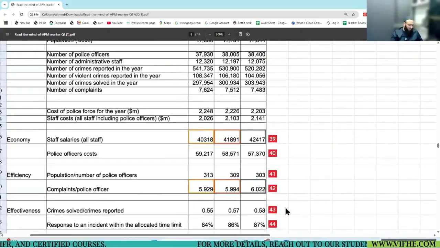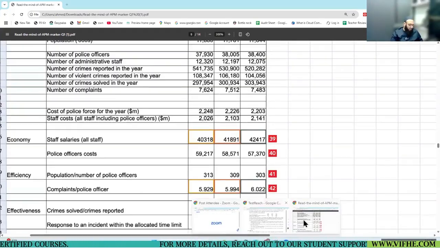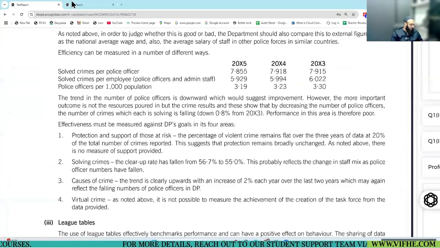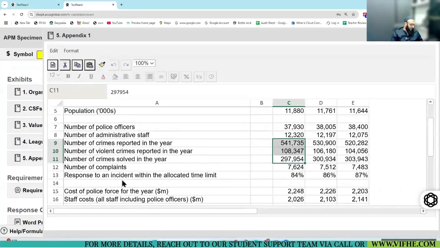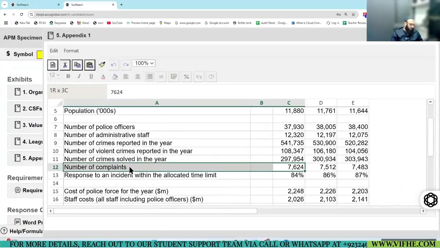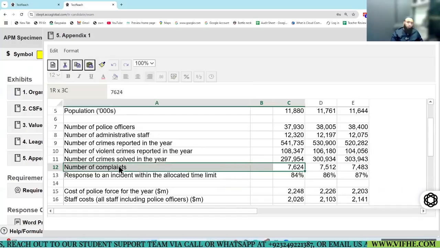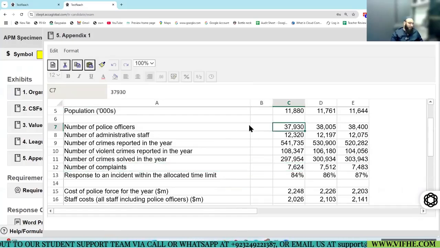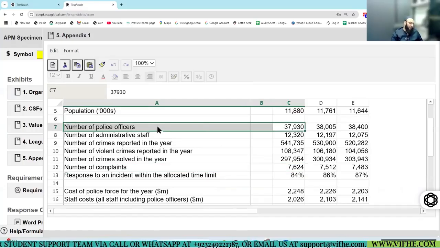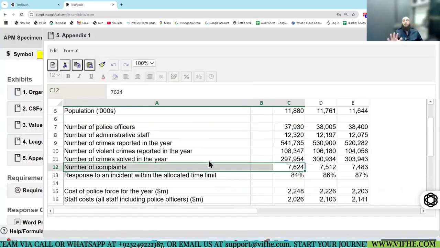Complaints per police officer. If I go back to my answer and if I purposefully open this, number of complaints divided by number of police officers. 7624 divided by 37,930. This gives me an idea of complaints per officer.